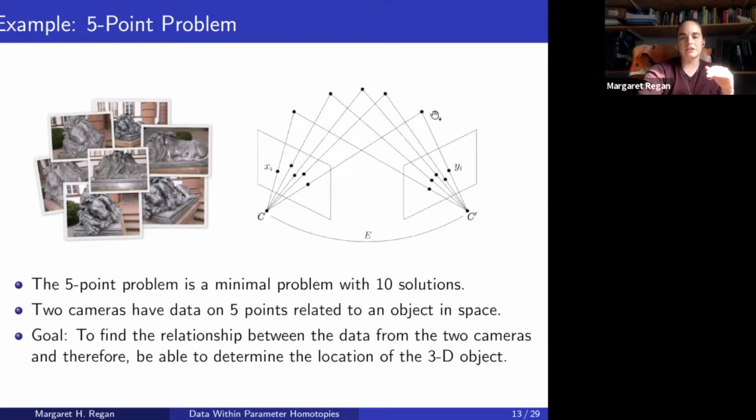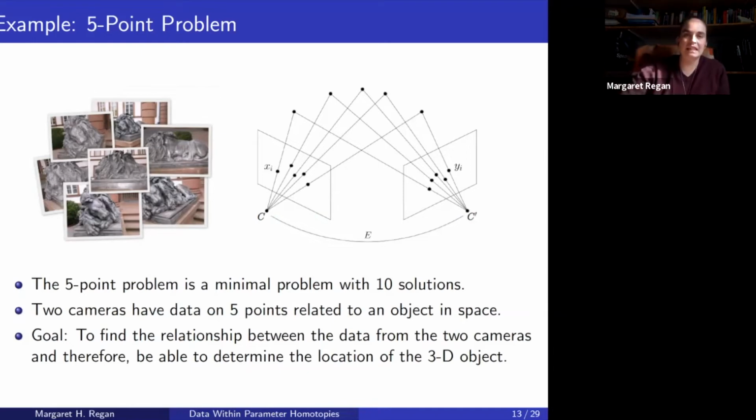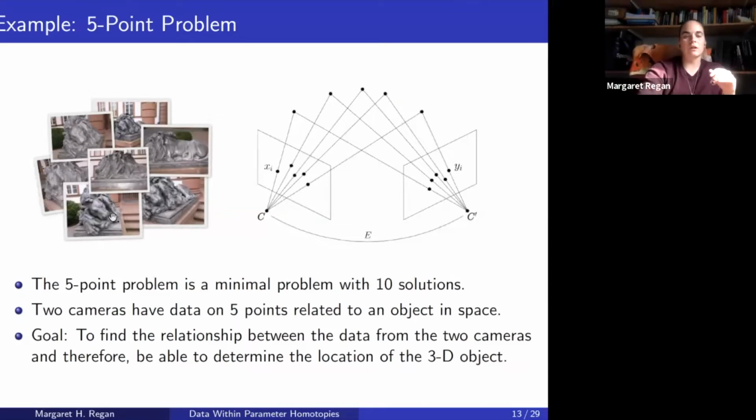So this lion statue would be this 3D object in space, and we could maybe stick 5 red dot stickies on the lion here. And then we take pictures of it. So in all of these pictures, we'd maybe see these 5 stickies, and those would show up as these xi